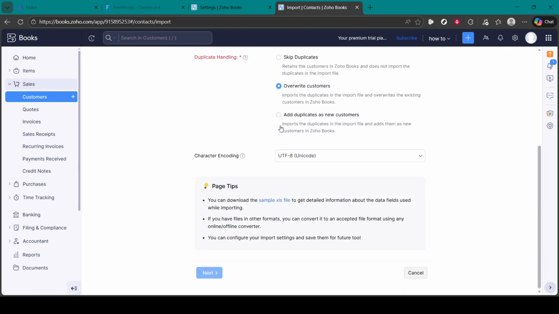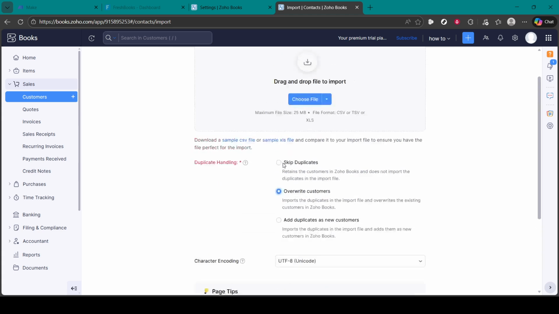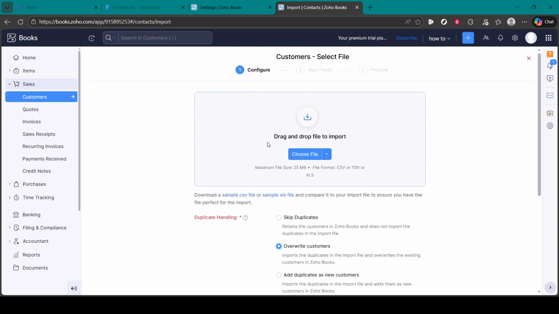importing, so you know whether you're adding brand new records or aligning with what exists. Also, if Zoho offers a sample template on the import screen, downloading it and matching your columns to that structure can save time during field mapping. Once you've moved past Next, simply follow the on-screen prompts to complete the process. Zoho Books will guide you the rest of the way, and you'll see confirmations or any alerts if something needs